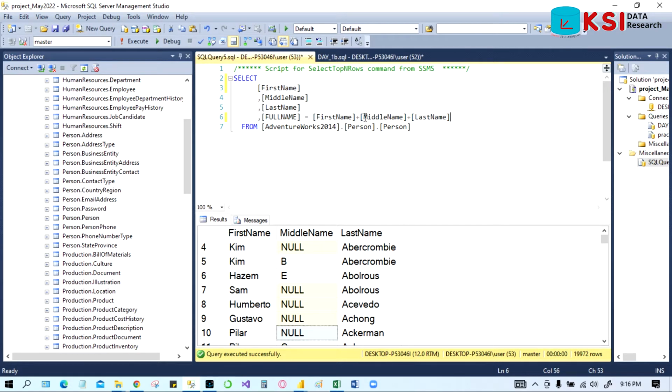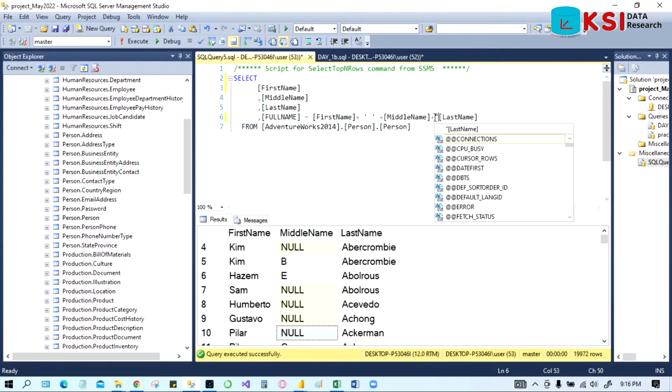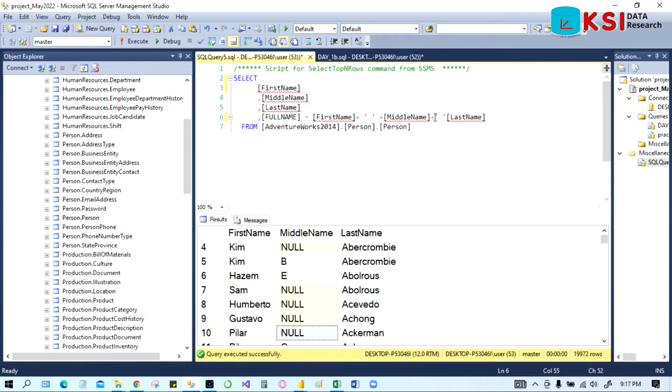But if I run it now, there would be no space in between the names. To create a space, I have to put a single quotation mark with a space between the plus signs. Now if I run it,